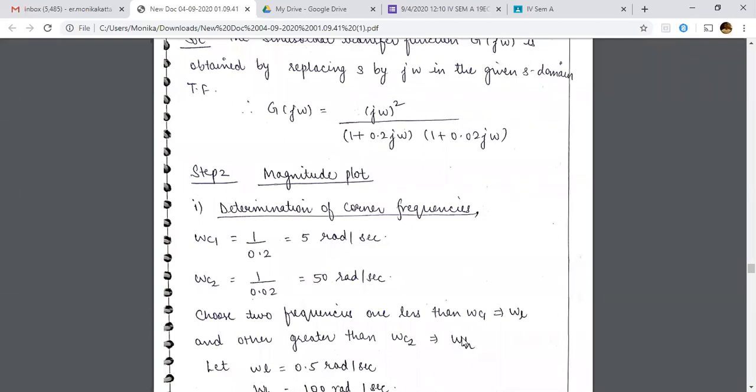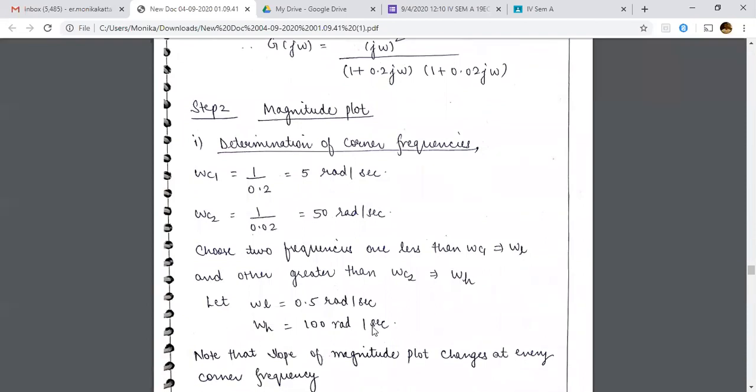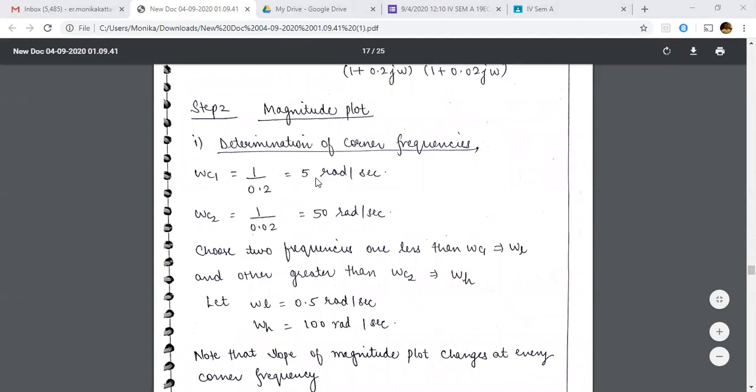Clear, ma'am. Okay, good. Now it is up to you what values to choose here. Any value less than 5 is okay, but I have chosen 0.5 here. When I multiply 0.5 by 10, I will get 5. So it is good practice to choose a frequency which is the smallest one divided by 10. Okay, it is a good practice, but it is not a rule. You can choose any frequency.